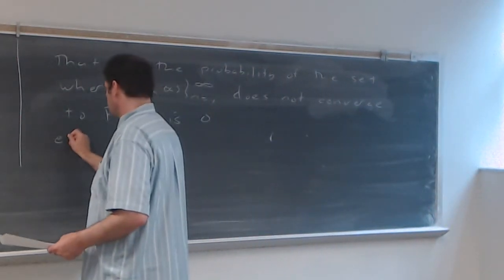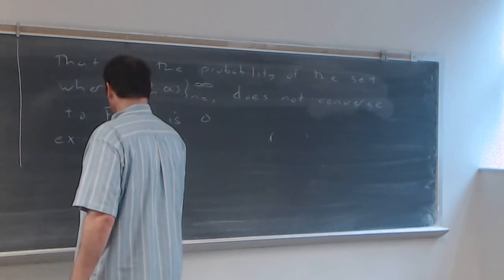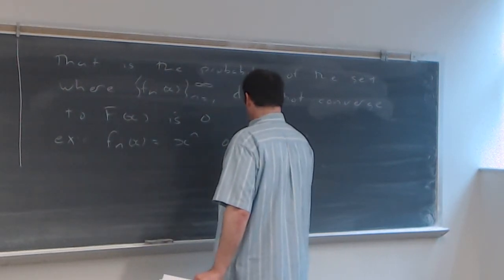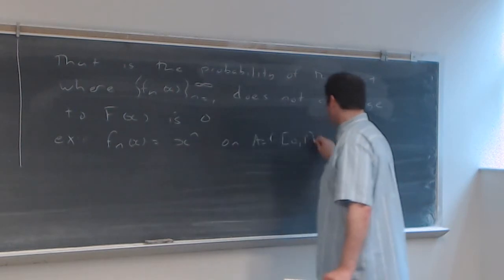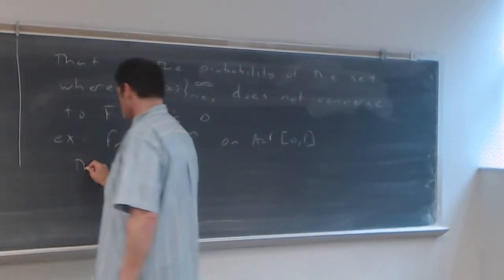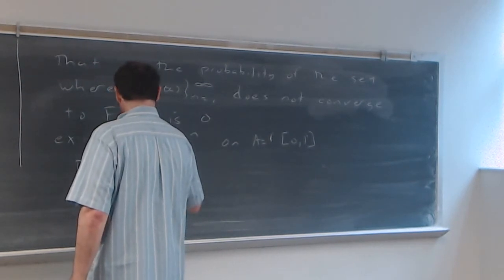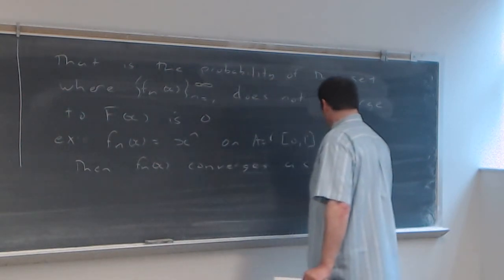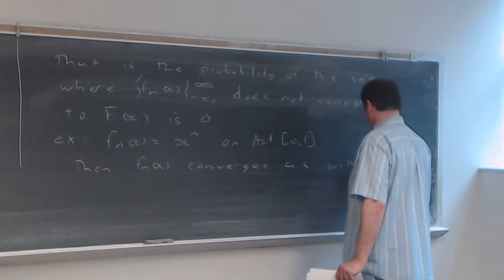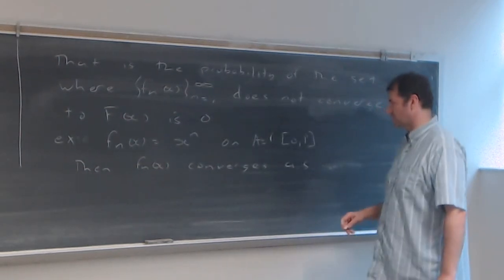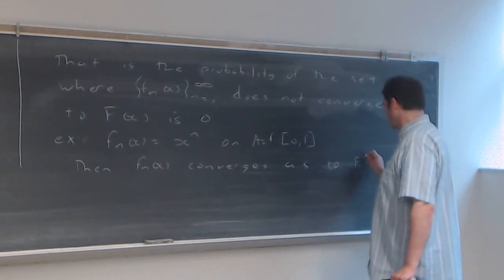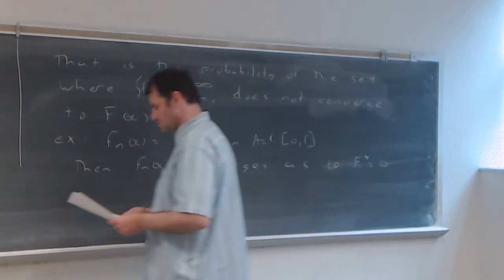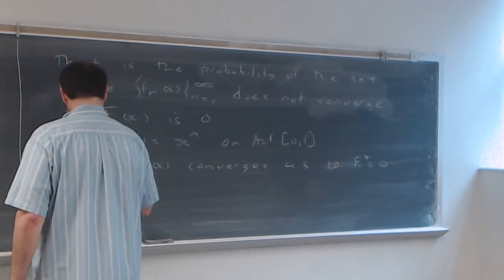Let's look at an example. If we look at that same example, we define f sub n of x to be equal to x to the n, and our A here is again 0 to 1, closed. Then f sub n of x converges almost surely to, I'll call it f star, equal to 0 on A, where